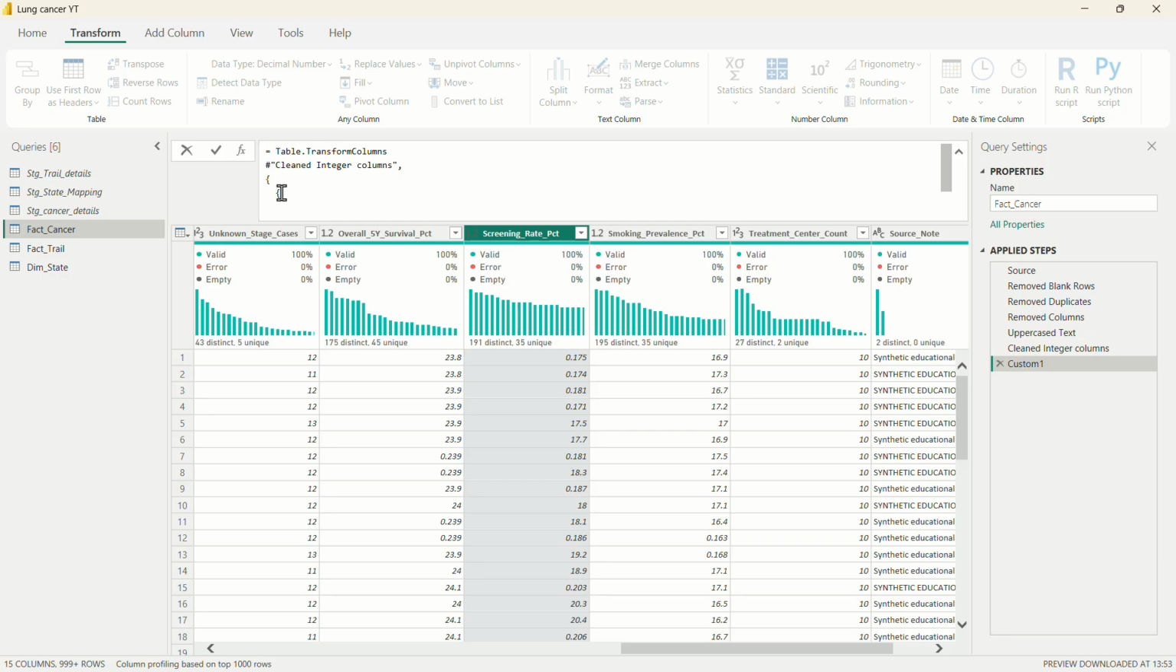Now after that you need to type. It's better to give a space because it's easier to understand the M code. So type our column name here. First we want overall 5-year percentage. This is our first percentage column. So overall 5Y survival PCP. Okay, this is our first column name. So after that give a comma and we will say